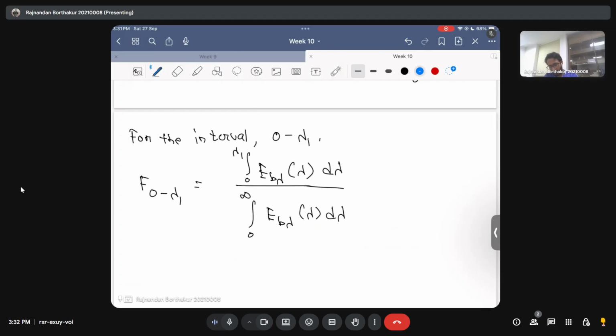But this quantity, that is the integral of the spectral emissive power of a black body over all possible wavelengths, is nicely given by the Stefan-Boltzmann law as sigma times T raised to the power 4,